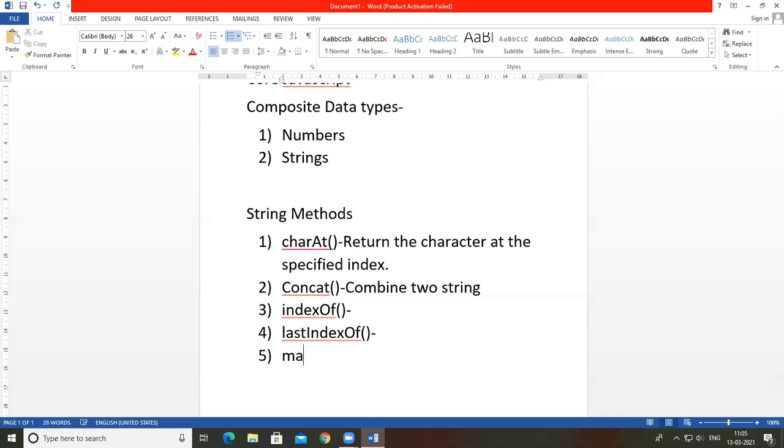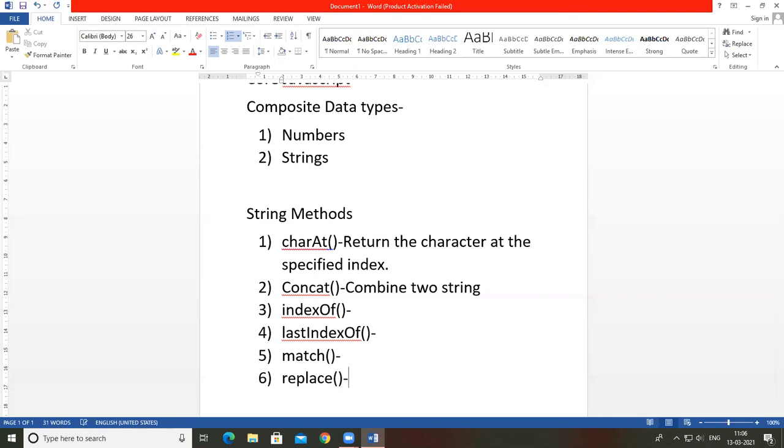Then another one is match. The match function is used to match a regular expression against a string. So if there is any pattern related to that string, then that pattern is matched with the string by using this function. Then next one is replace.